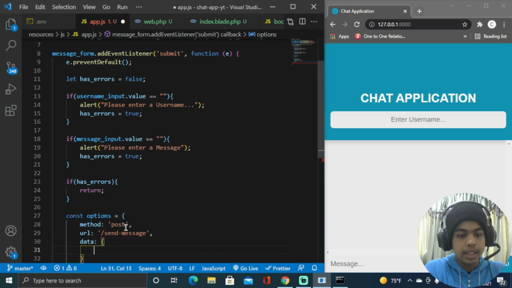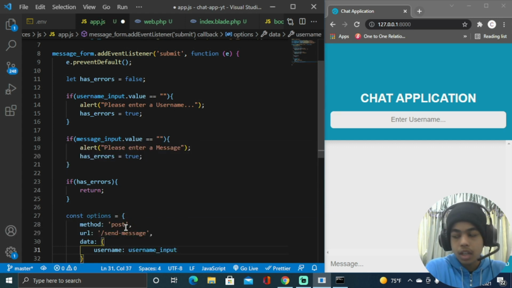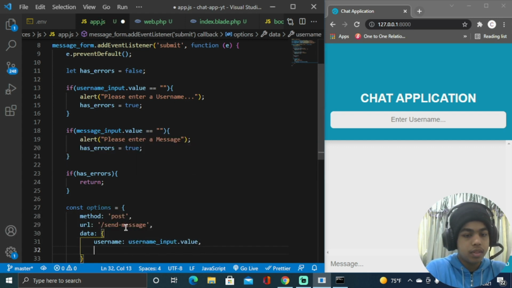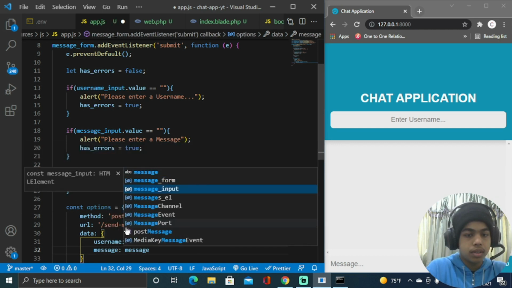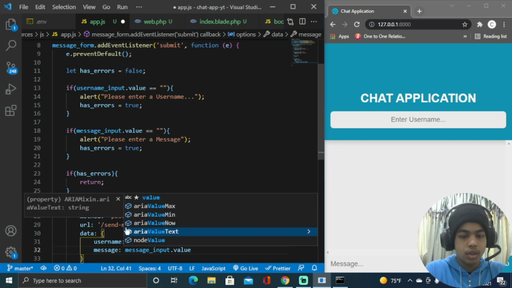So data is going to be an object in which we are going to have a username that is going to display the username that the user has entered in the input field. For that, I'm going to select my username input's value. Same thing I'm going to do with the message input's value. That's it. Amazing, cool,